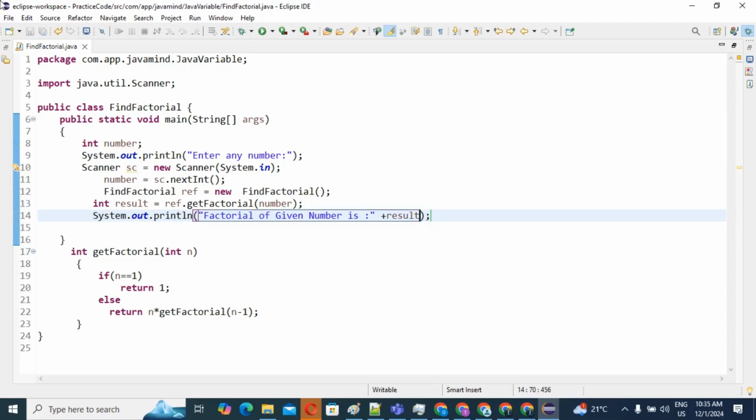Coding of finding the factorial of any given number. This is a very simple example, but it's very helpful for you. It's very conceptual. If you know this concept and this implementation, then you are able to write this code in front of anyone. So my main motto is, whatever concept I am going to explain in front of you,